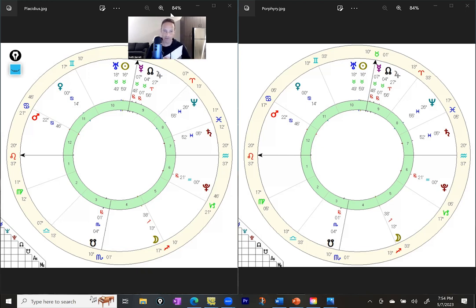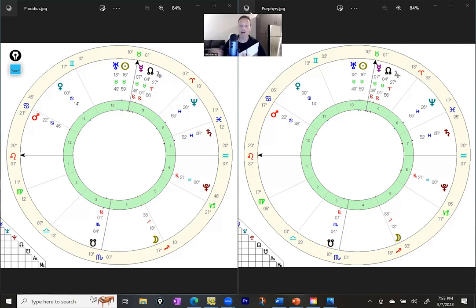So that is how the houses are divided in the Porphyry house system. If you look at these two side by side and you look at the symbols in these charts and the house placements of those symbols, they are the same. There is no change other than, I just caught this now,